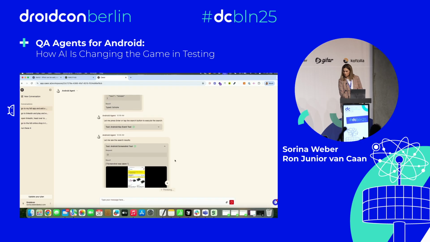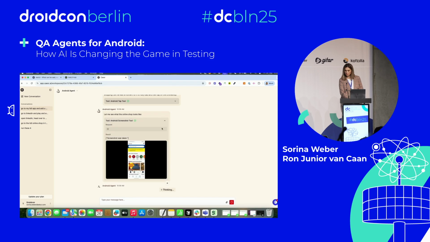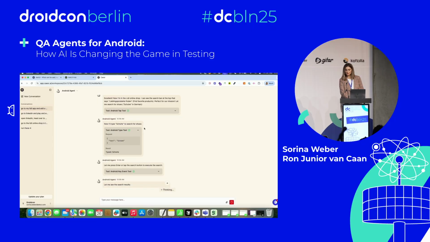So it actually first told us that, hey, I am in the Lidl online shop. It opened the Lidl app on my phone. And then it typed for Schuhe, which is also a very interesting thing because the app is in German and I typed in English, and it's able to take the context from the app and search inside the field in the language of the app. And we can actually say that it works in Korean too. We have a Korean colleague, and it literally can understand the language of the interface, no matter what language you're talking to it in.